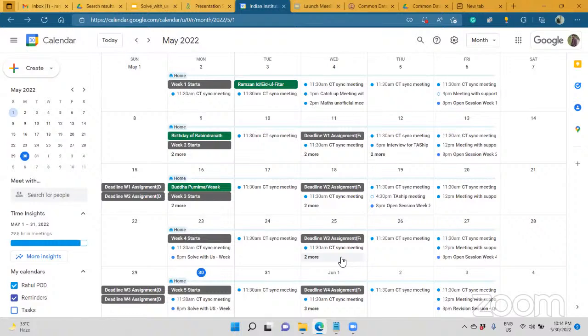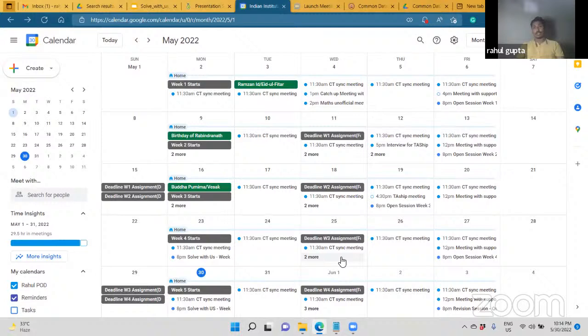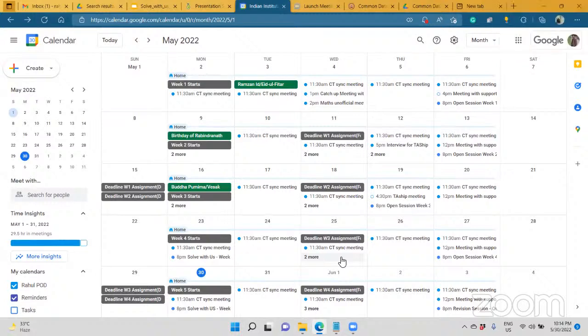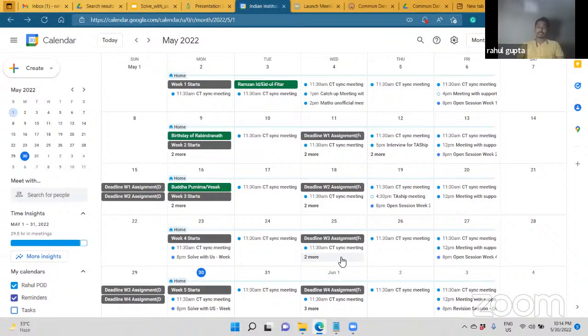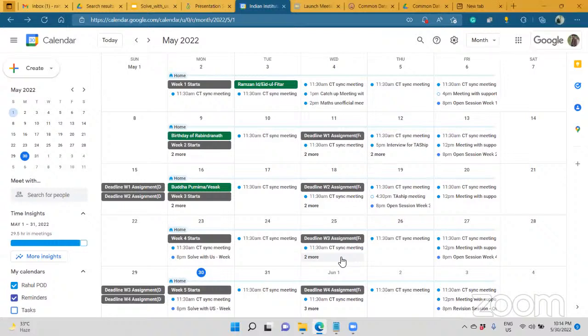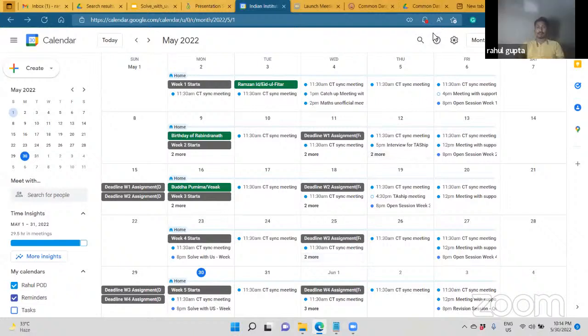So it will be a timed mock test, sir. It will be a timed mock test. It will be open for the whole day after that. Initially it will be a timed mock test and then later it will be open. Will it be graded or non-graded? The mock is totally exam flavor, so you'll understand how to manage the time.